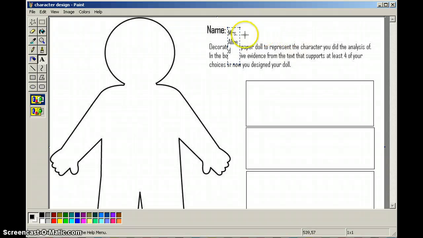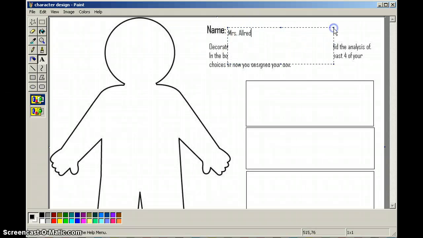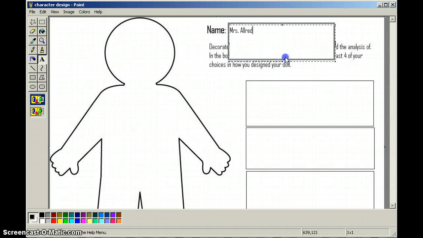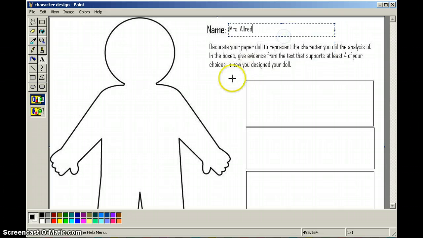Oh, look at that, I made a funny text box. Let me change the size of that so it's on here right. Alrighty, and I don't want that to cover my words up. There's my two arrows. There we go. Okay, so I'm going to color on this doll basically to make it look like the character I did an